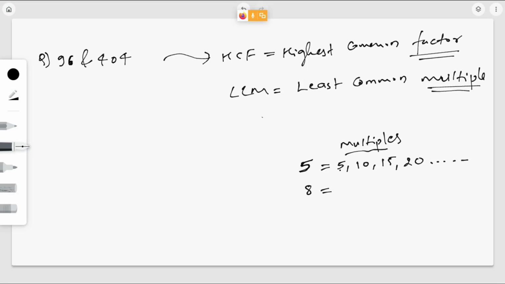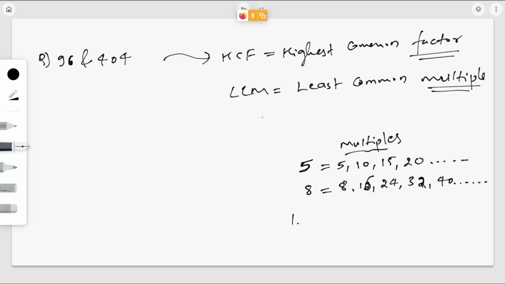Samruddhi, am I audible? Yes, sir. What are the multiples of 8? Sir, 16. Even 8, start from 8. 16, 24, 32, 40, it goes on, okay, again an infinite number. So these are the multiples. So fine, let me start from these two numbers.